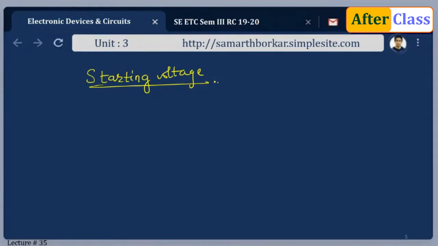Now the obvious question is, if no input is required, how does the oscillator start? It's a simple question. I'm not applying any input, but then how? See, what I'm saying is that a part of the output is taken and connected to the input. That means somewhere I'm starting with a part of the output voltage. That means I have to have output. So if I start from that chronology, there is output, which means I have to have some input. Now the question is, how do I get that particular input to start this whole mechanism? Where does the starting voltage come from?